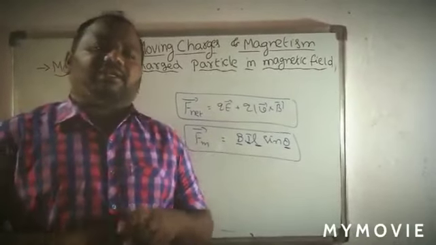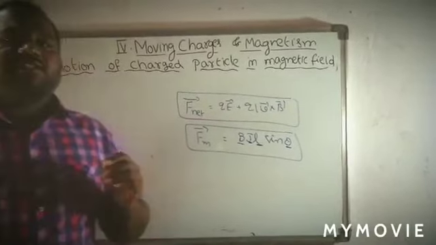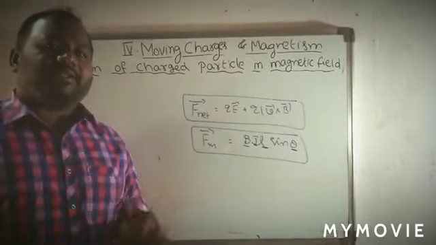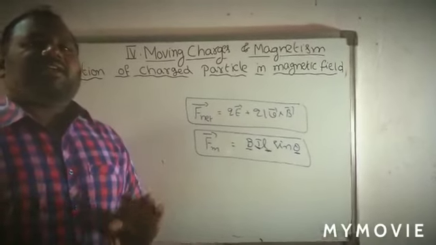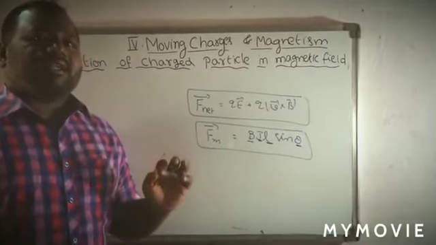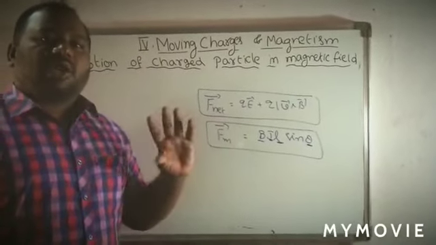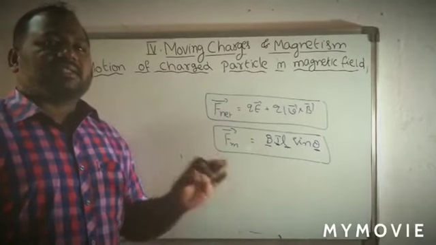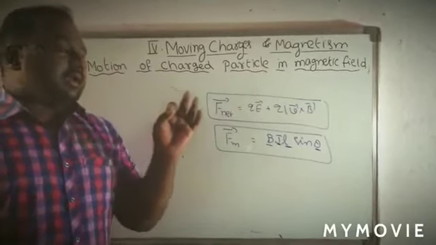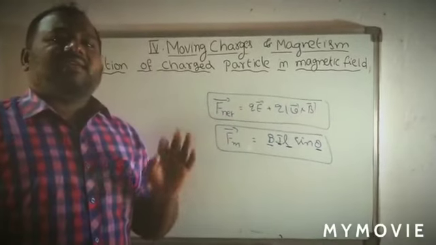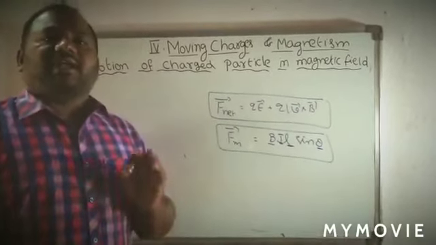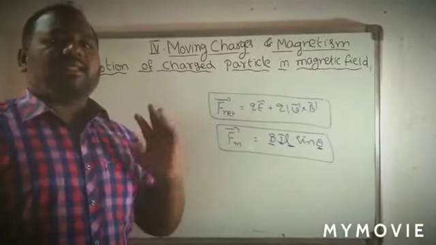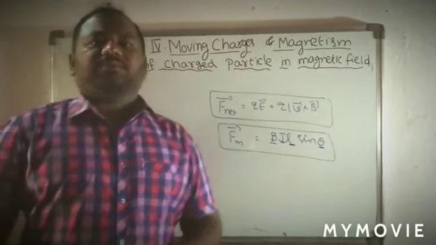Now today we are going to discuss the motion of a charged particle placed in a magnetic field. Here the charged particle can be taken as an electron. When an electron is placed in a magnetic field, how does that electron move? What is the path of that charged particle? We are going to discuss everything, and after that the radius of that path, the velocity of the charged particle, the frequency and the time period of the particle in the magnetic field, we are going to calculate now.